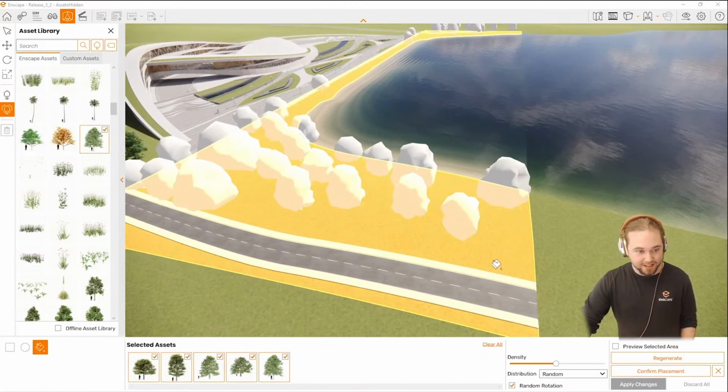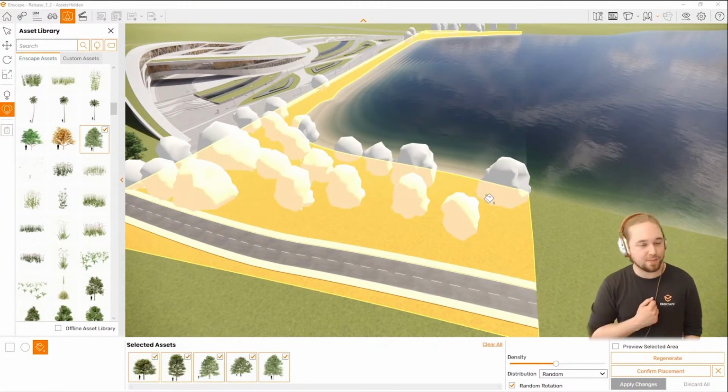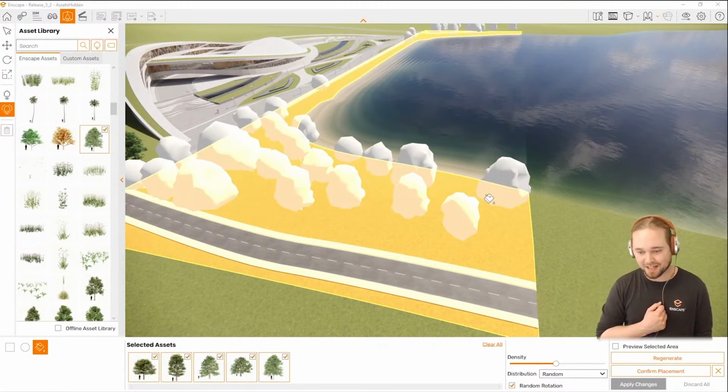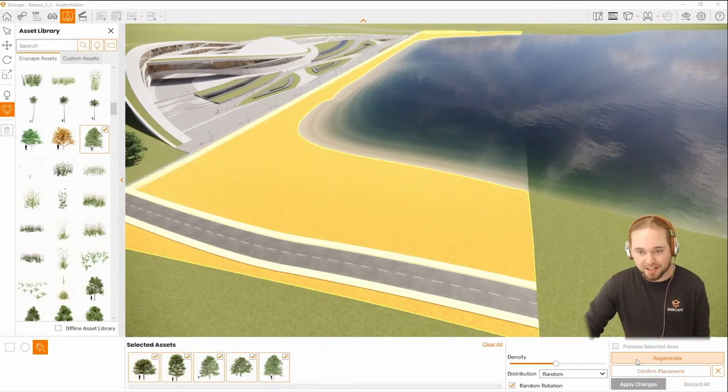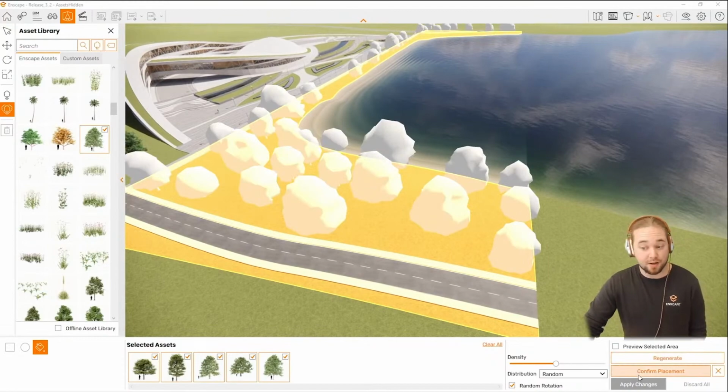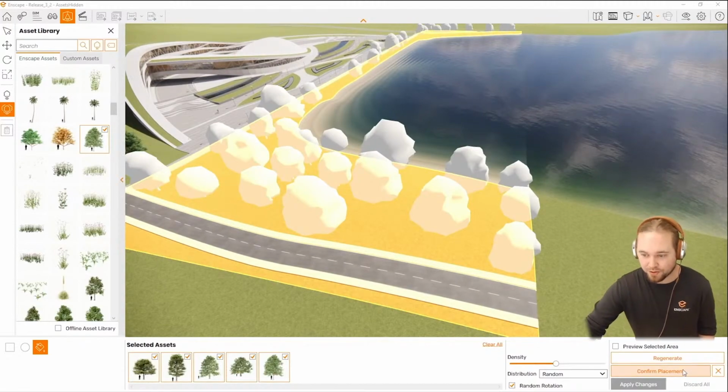And yeah, that's already most of how to place these assets in bulk. We could preview this. You could regenerate the placement if you just want to re-roll the dice, so to say. And you can either confirm placement, or of course, you can also press this X down here if you decided otherwise and just want to leave it empty.